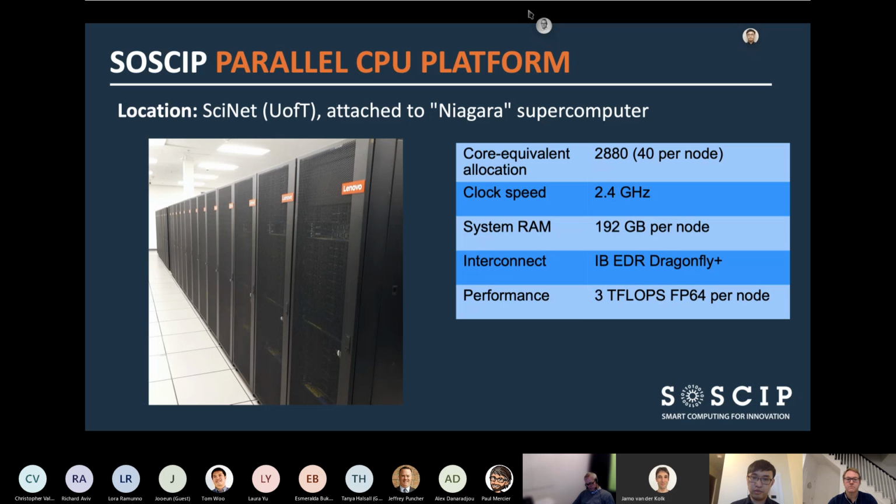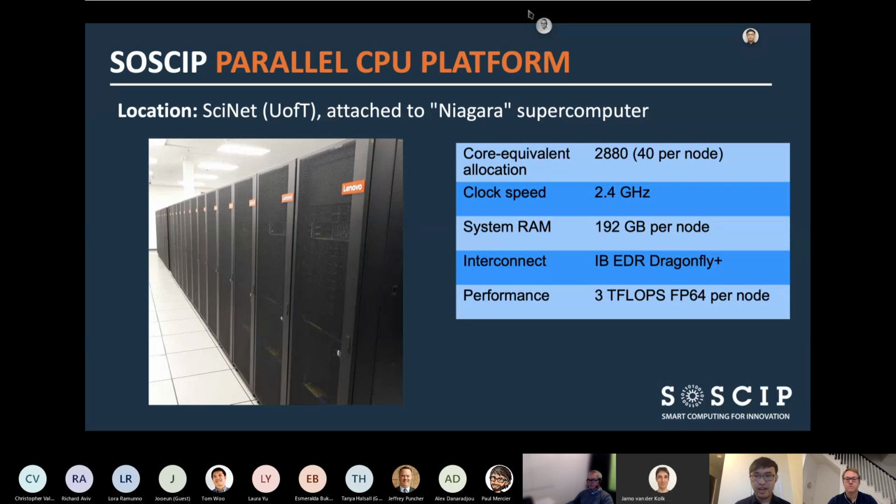So our users will be able to use Niagara with SOSCIP allocation. Our allocation is equivalent to around 3,000 cores.